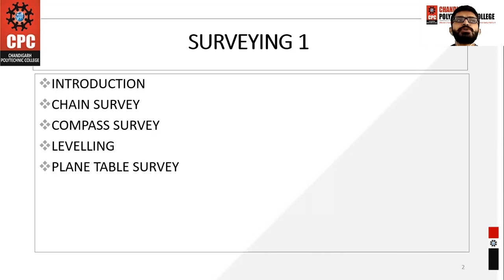So this was all about the units that we need to see in this subject, because without knowing about the units, we cannot move further on. So what are the chapters that we are going to cover in Surveying One? The first chapter is chain survey. What is chain survey? As the name clarifies, a chain, a metallic chain, is used for measuring the ground surface. I will tell you the principle behind chain survey. That is the triangulation method. The triangulation method is the principle that is used for chain survey.